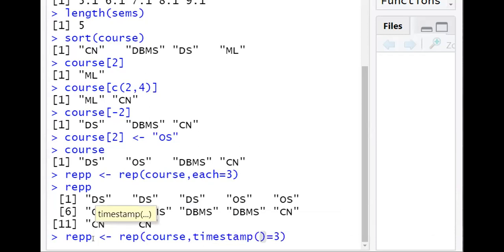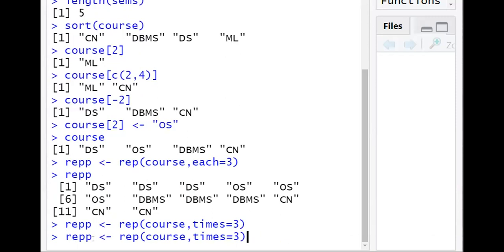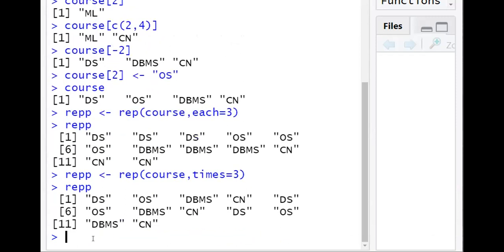So in place of each, we have to give times. Now you can observe it as DS, OS, DBMS, CN, then again DS will start. So it is times and each. Each indicates each element is repeated. Times means the entire vector is getting repeated. And we can also repeat each value independently.